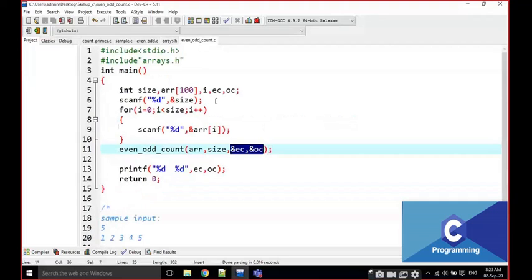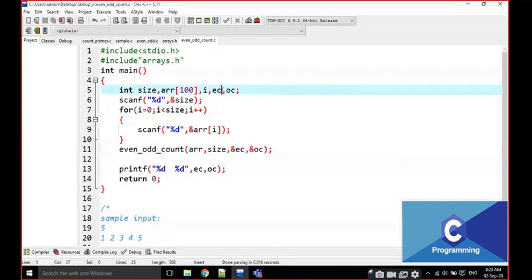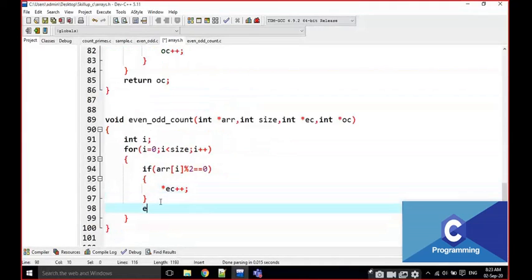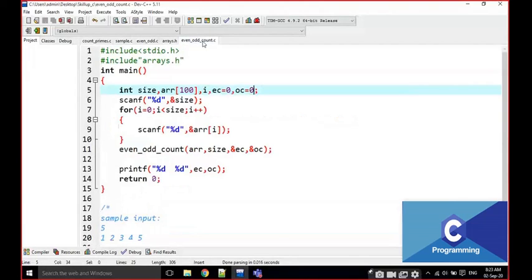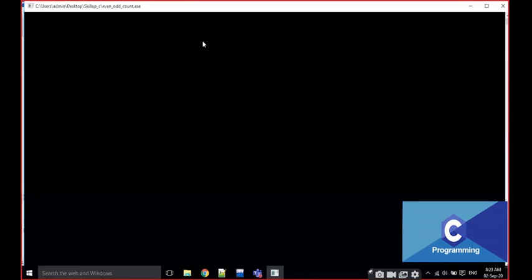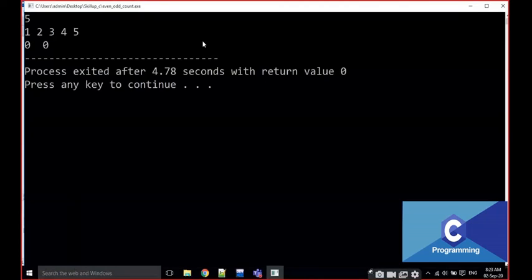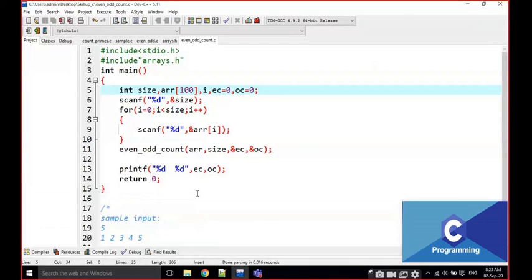Instead of this one, we have to take here as 0, and here I am going to take it as 0 initially. Else, oc plus plus. I am going to execute it. For example, 5, 1 enter, 2 enter, 3 enter, 4 enter, 5. Sorry, the output is going to be 0 and 0. Why is it going to be 0 and 0?